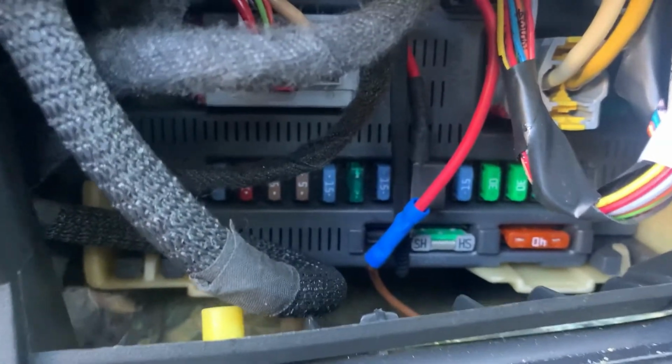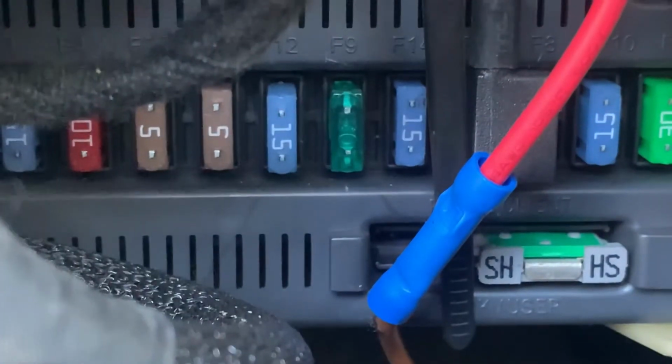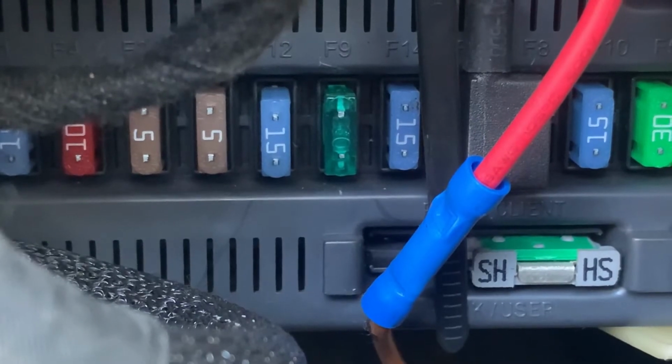So now it's installed, it's time to test the cigarette socket. And I can confirm that the cigarette lighter